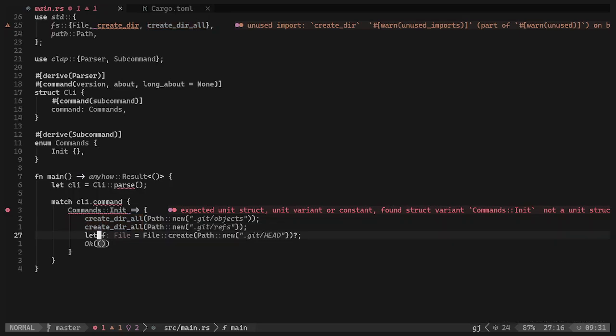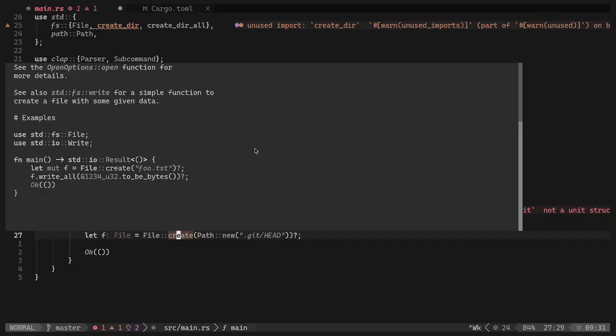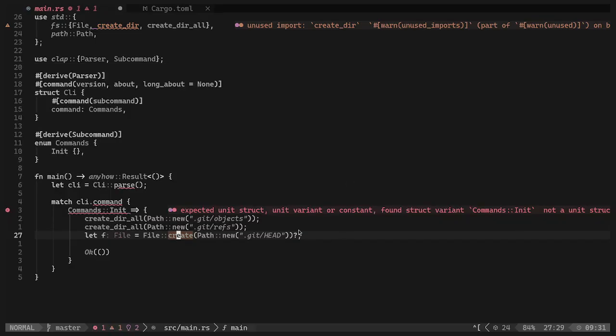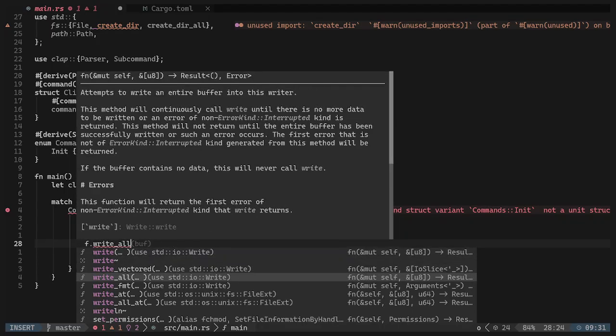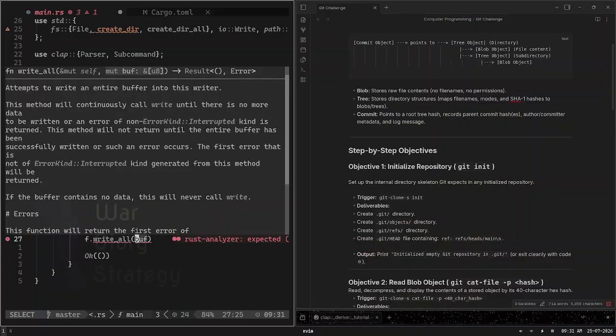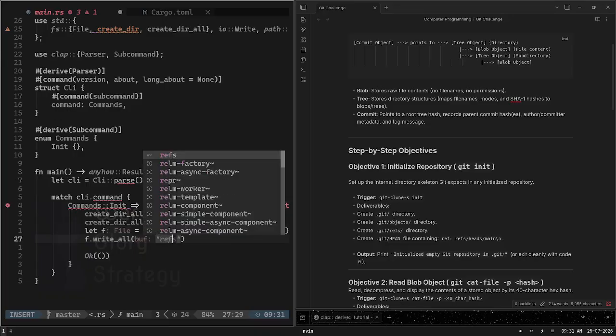Okay, so we have our file now. We're trying to write it. Let's see the example. Write all. Okay, no problem. Write. What's a buffer? I don't want a buffer. What can I use here? I'm gonna use write all. So what they want is a file containing